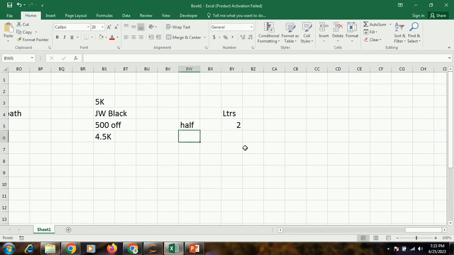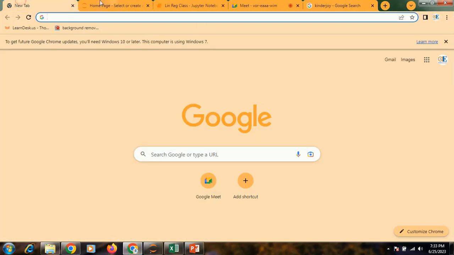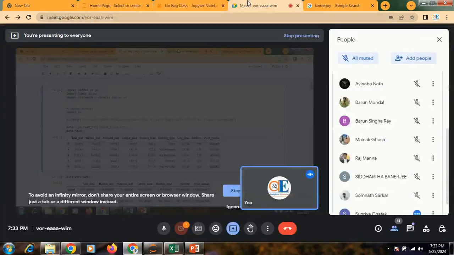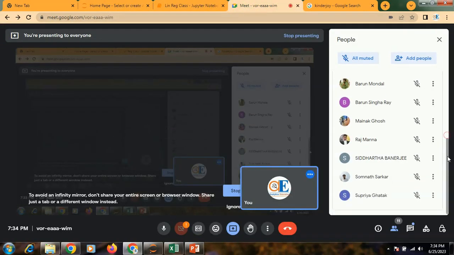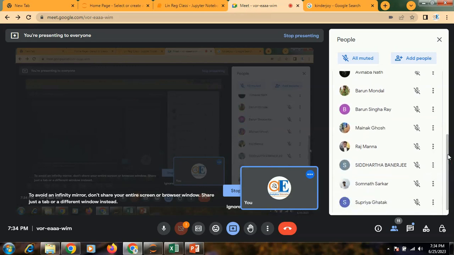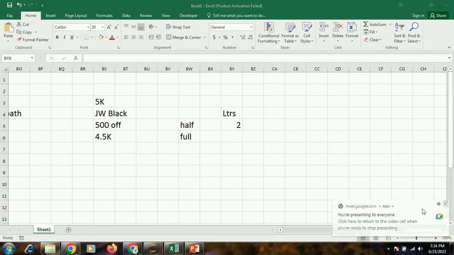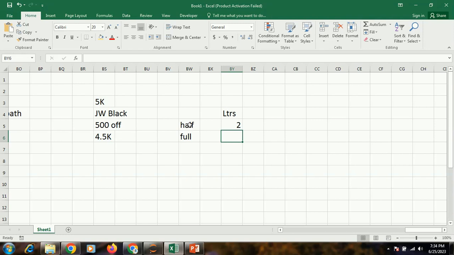So how much paint will you require to paint the full room? Anyone? Half of that room you require 2 liters of paint, so how much paint will you require to paint the full room? 4 liters. Absolutely correct.